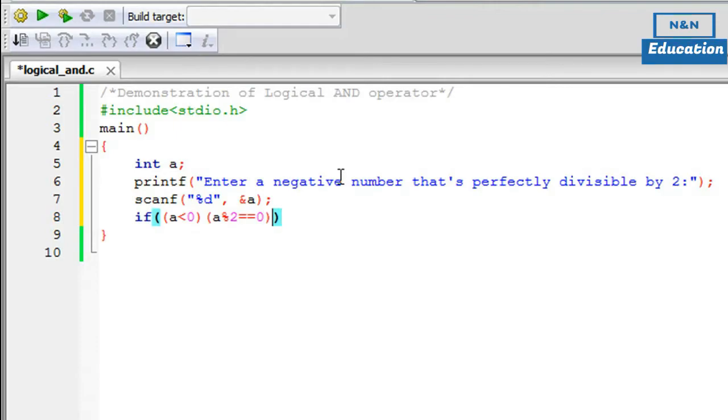But we cannot have the test condition just like this, right? Because C won't know what it has to do with these two different test conditions, whether it has to see if the first one is true, or whether it has to see the second one is true, or whether it has to see whether both of these test conditions evaluate to true. So we'll have to inform C in some way that we need both these test conditions to give us positive